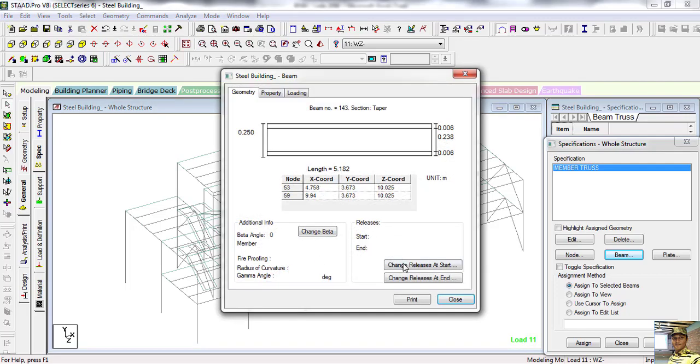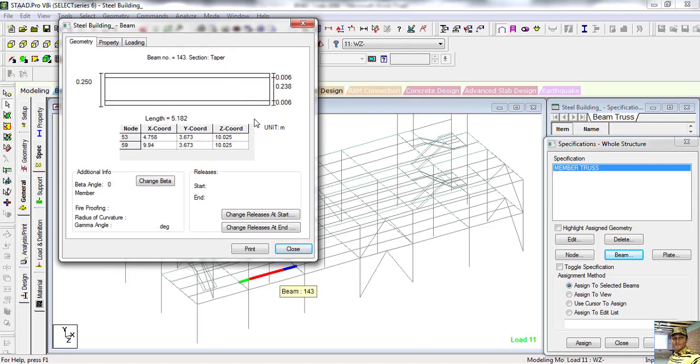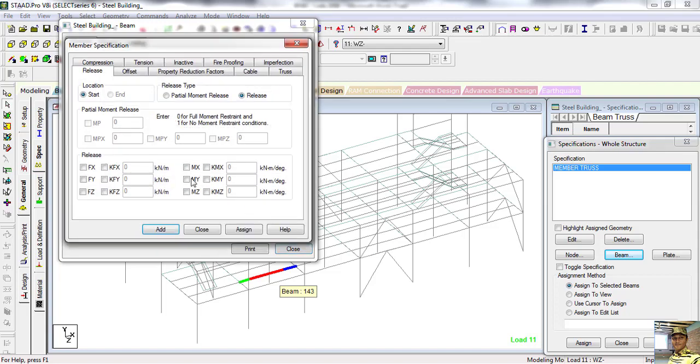So select, change release at start. Actually the subbeam does not take the moment, so that's why we release the moment at the start point and at the end point. So select this one and partial moment release, that is MPZ 0.99, add.